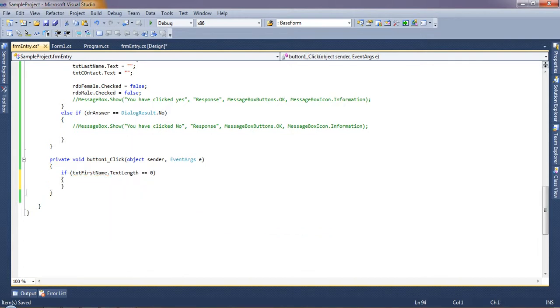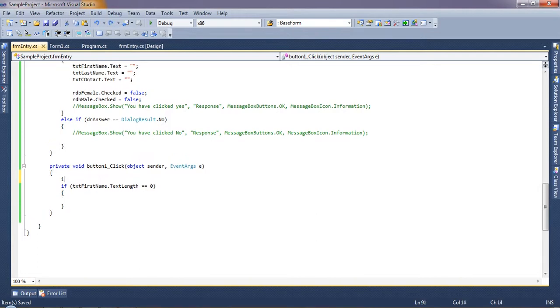I will do one more thing: add a counter named int i error count, which will be 0 at first, and for every error I will add 1. If the length is 0, it will increase to 1. Same way for last name.